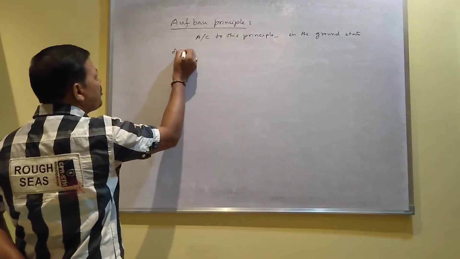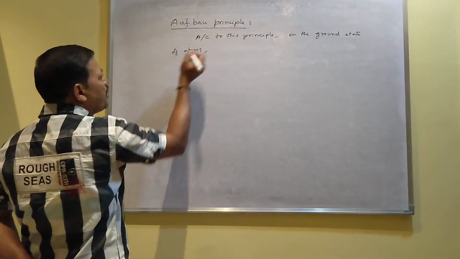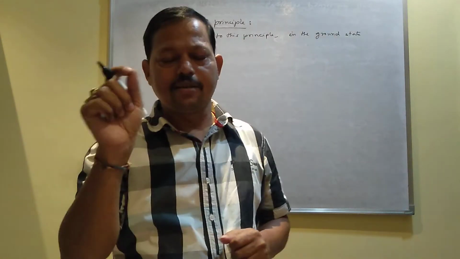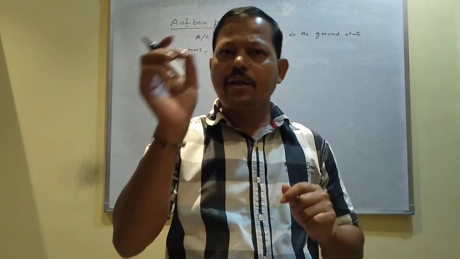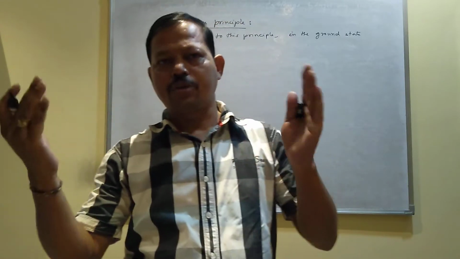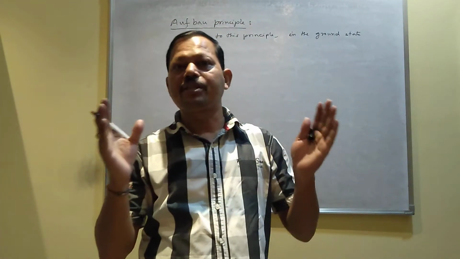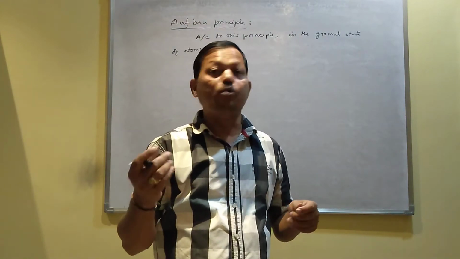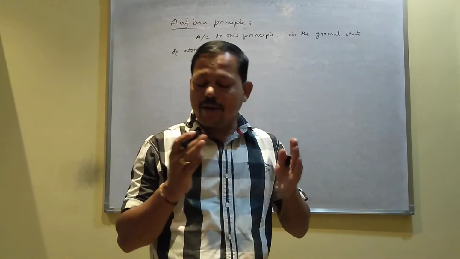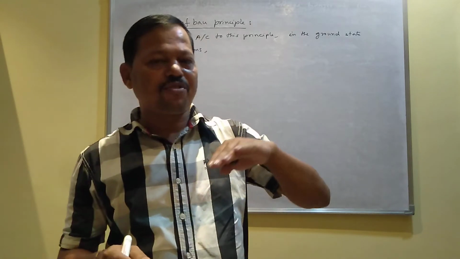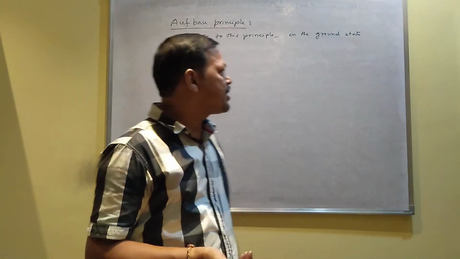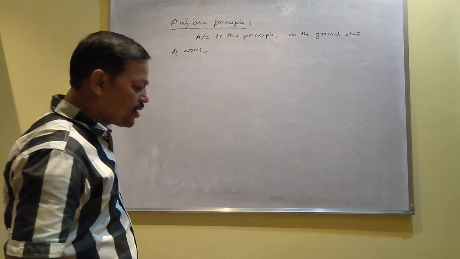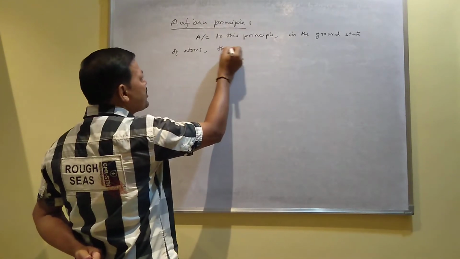Ground state means when the atom is in free state. Suppose carbon is free, but when carbon forms some compounds, suppose carbon combines with hydrogen, it produces CH4 methane, then carbon undergoes excitation, which is called excited state. So there are two states of atom, one is called ground state or free state and one is called excited state. So according to this principle, in the ground state of atoms, the orbitals